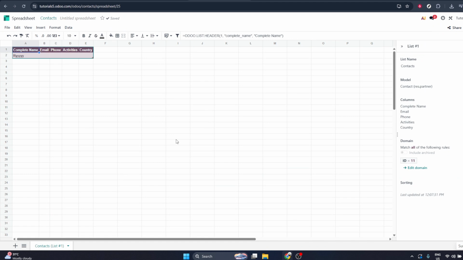And that's it. By following these steps, you can quickly move contact details from your contacts list into a spreadsheet, making it easier to filter